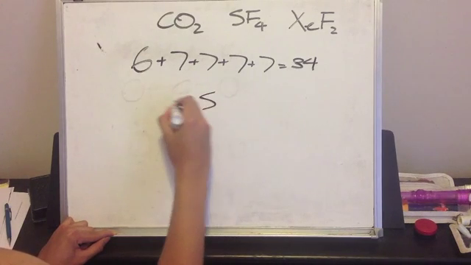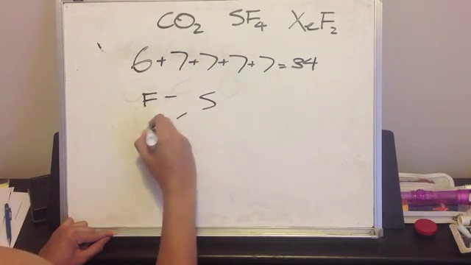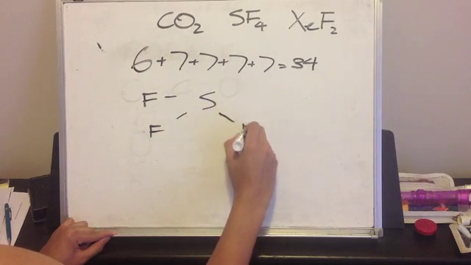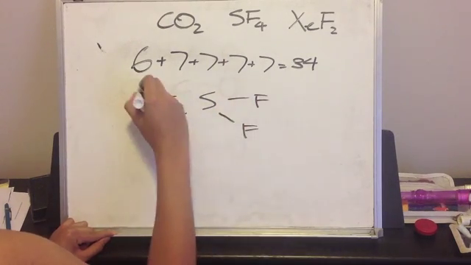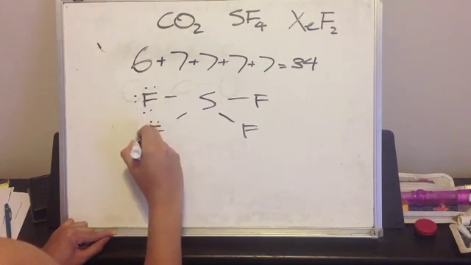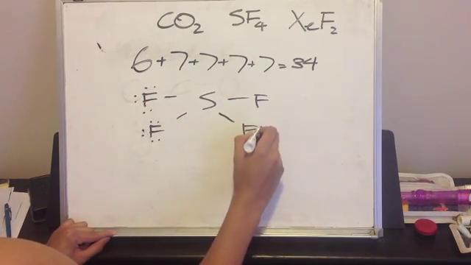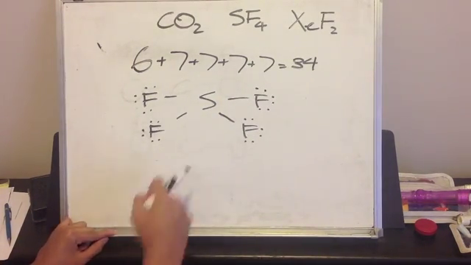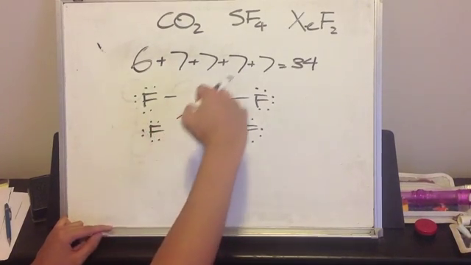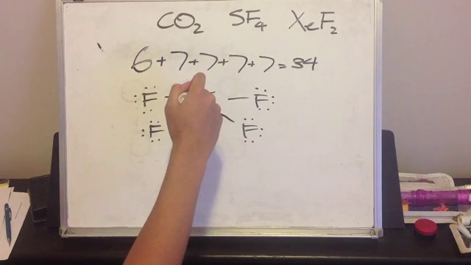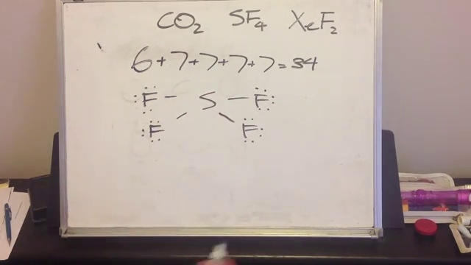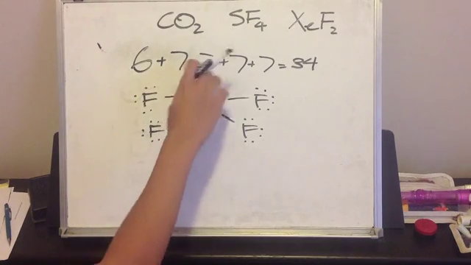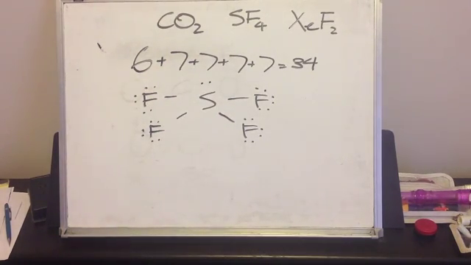We have our central atom, now our 4 fluorines, and we'll add electrons to them. So here we go. That's 32 electrons, so we're still missing 2. But because sulfur is below period 2, it can break the octet rule, so we can add 2 electrons up there. From this, we see there are 4 bonding domains and 1 non-bonding domain, which gives it the seesaw molecular